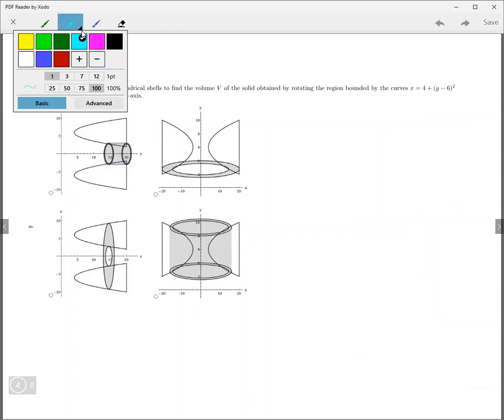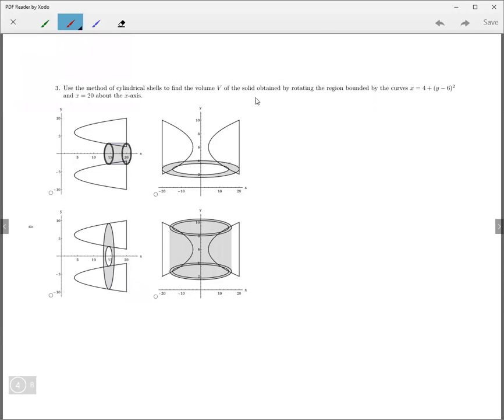Use the method of cylindrical shells to find the volume V of the solid obtained by rotating the region bounded by the curves x equals 4 plus y minus 6 squared and x equals 20 about the x-axis. Okay, now this curve right here, if it was y equals 4 plus x minus 6 squared, then the vertex would be 4, 6, and it would just open up like that, right? But these are reversed, so what we actually have then is